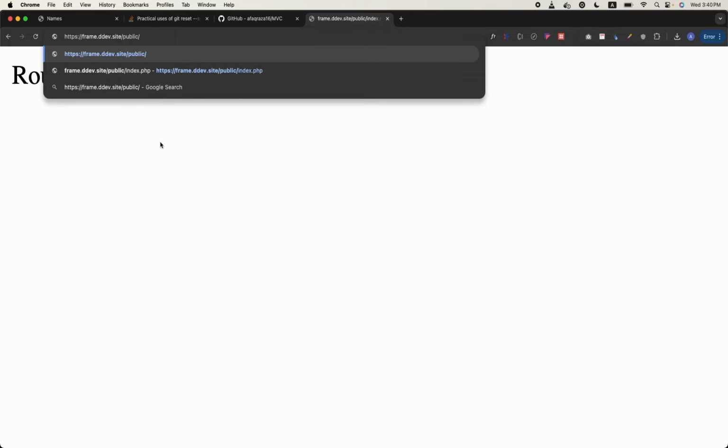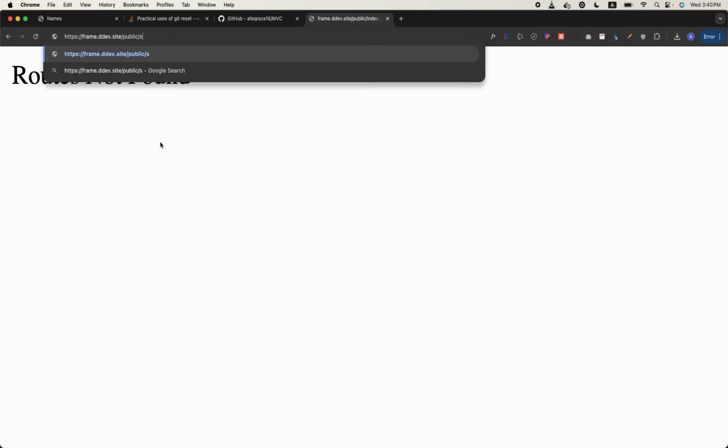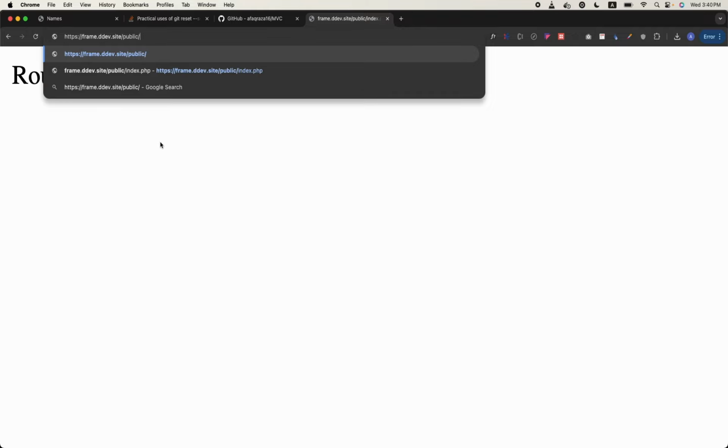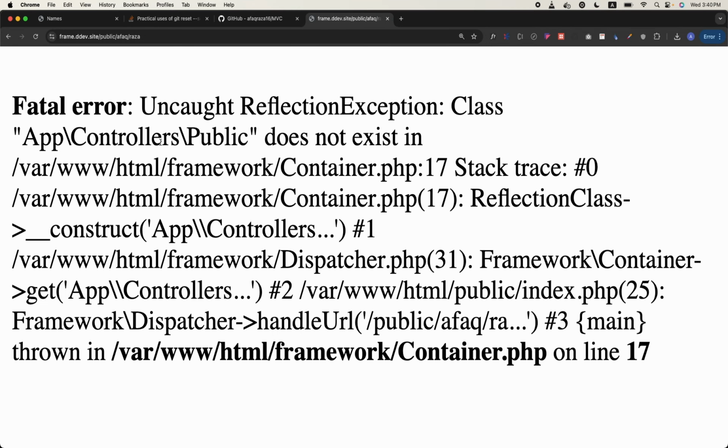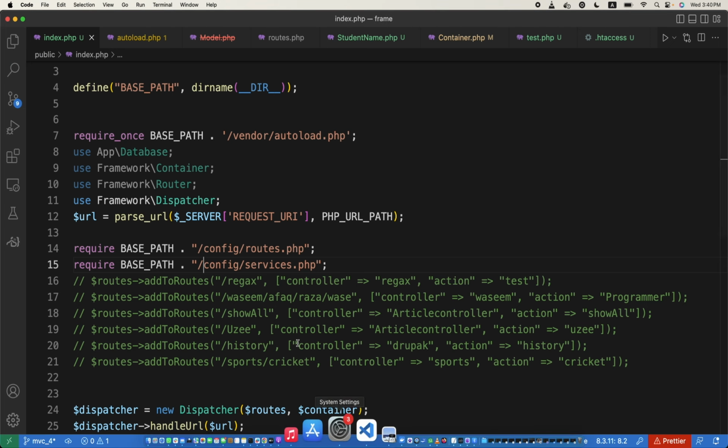Maybe here if we give any working route, student, forward slash Raza. Okay, so here you can see this public is an extra parameter. It thinks as if this is now part of the route or URL. So we will create in the root